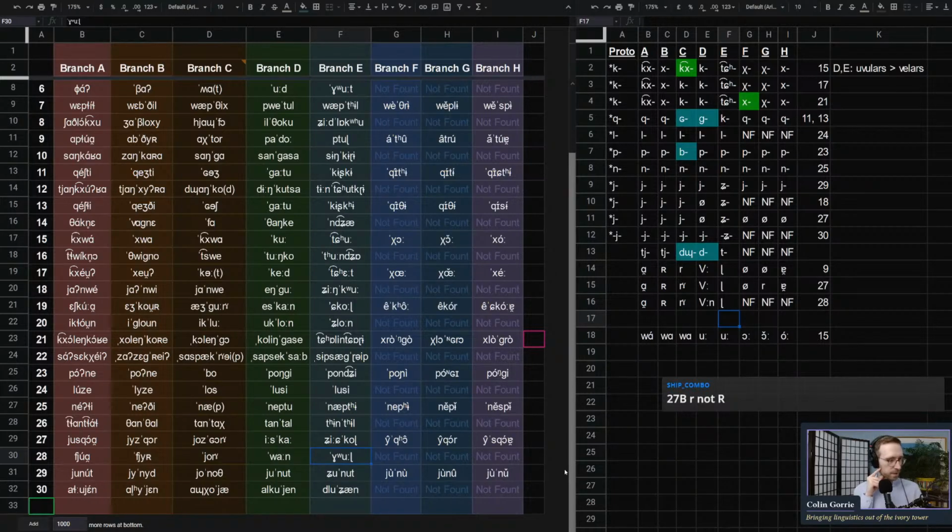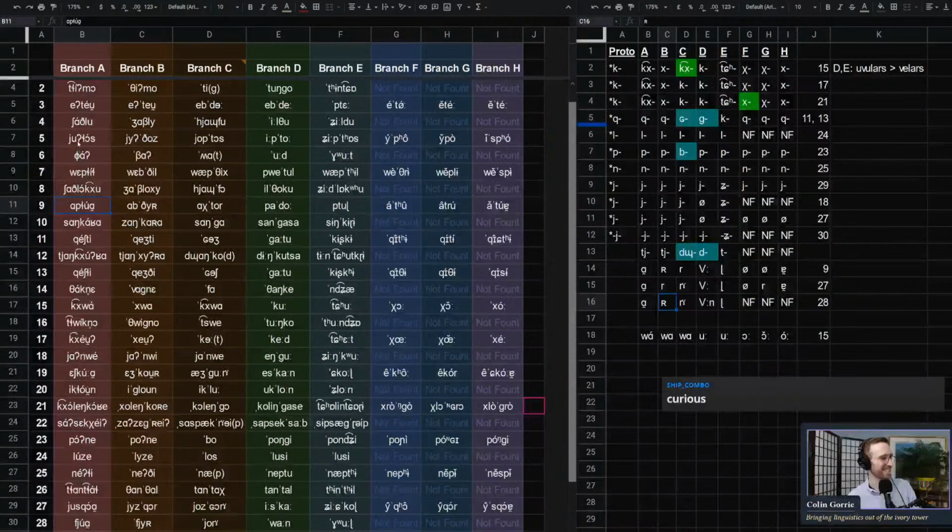27B. Oh, did I get it wrong? Yeah, I did. Okay, thank you, chat. Yeah, okay, so then Ella points out that this sequence, roux in E, corresponds to oo in D in line 6. Okay, let's look up to line 6 for a second.